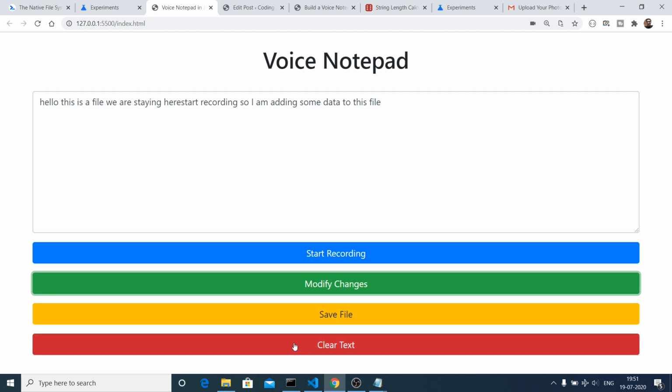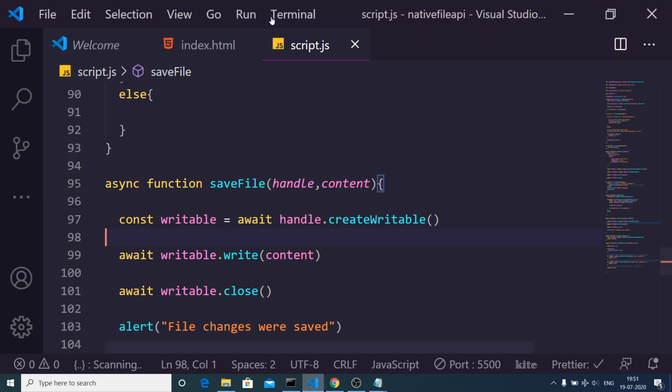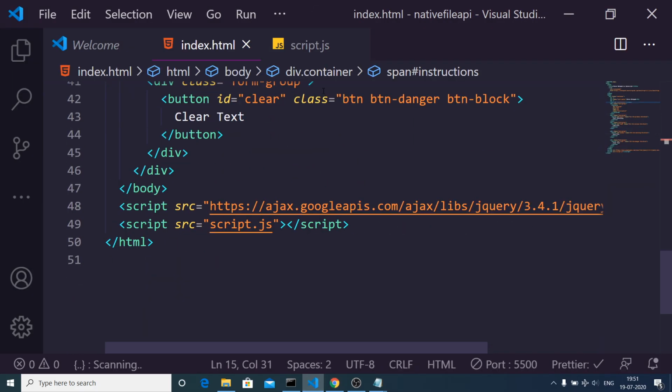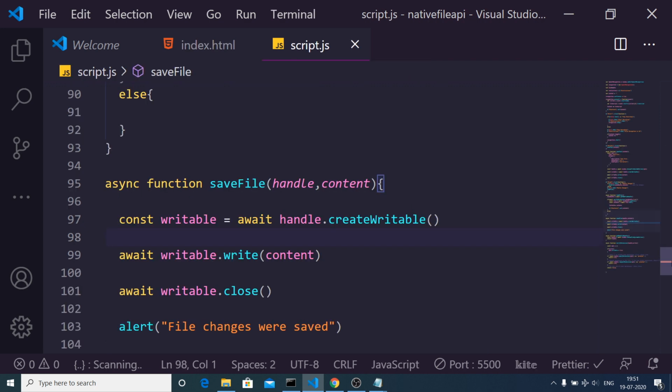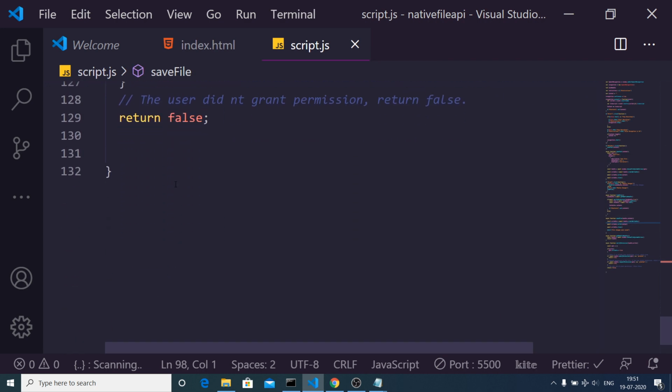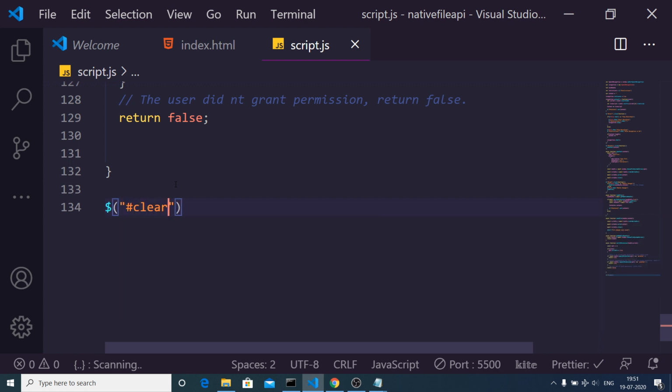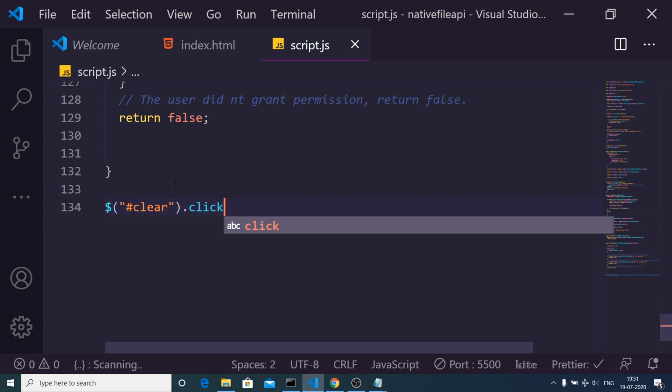And now the fourth option is remaining, clear text. If I want to click this button, I need to clear out the content. So it is pretty simple. We have given an ID to this button, which is, you can see that clear ID we have given to it. So we can move to the bottom, and here we can target it by the ID.